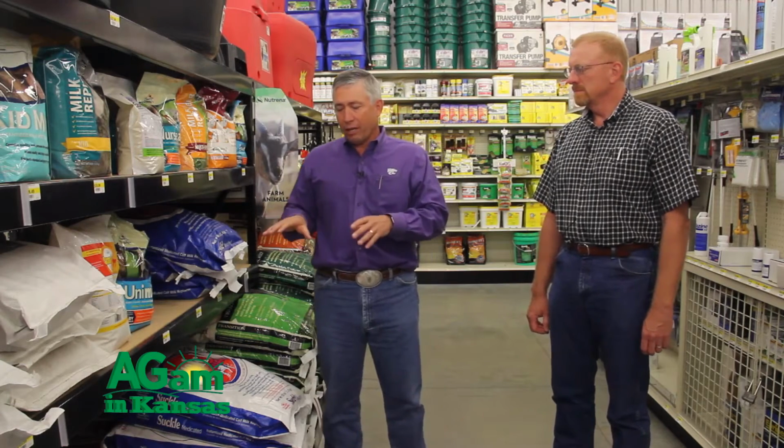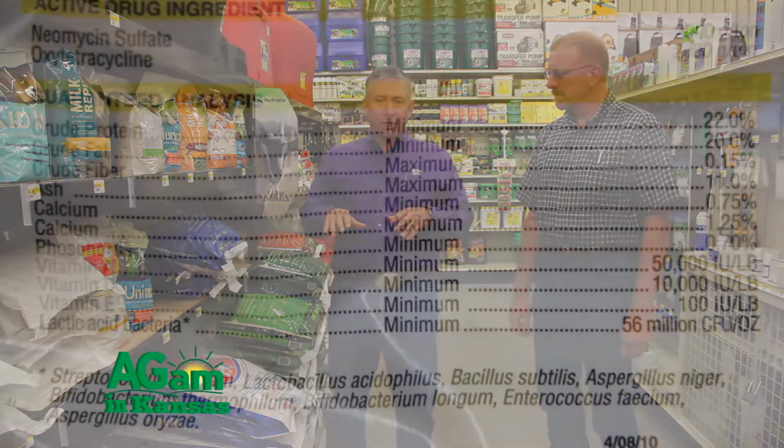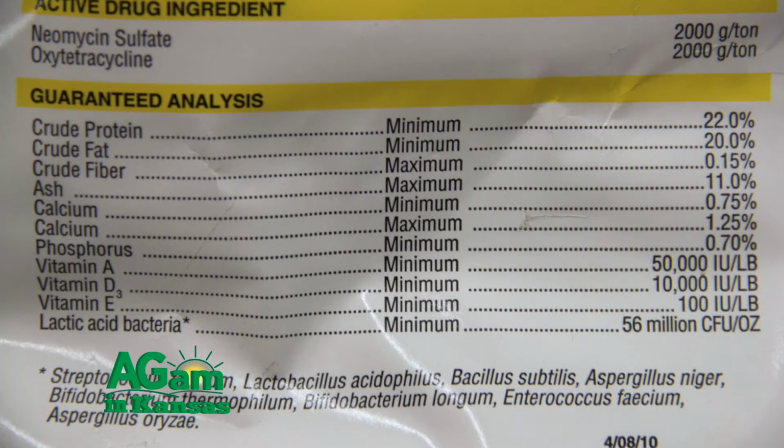And folks, when you buy a milk replacer on the nutrition side, one of the things that we look at first of all is you want to buy something that's a 20-20 milk replacer for that newly born calf, 20% protein, 20% fat. And the thing I look at probably the most on the tag, besides the protein and fat content, is the fiber content. We want crude fiber to be below 0.15%,